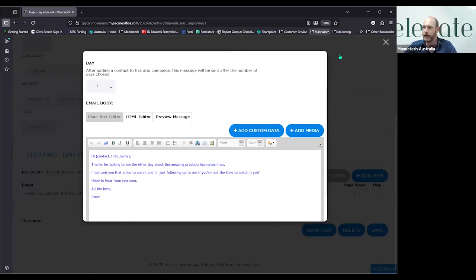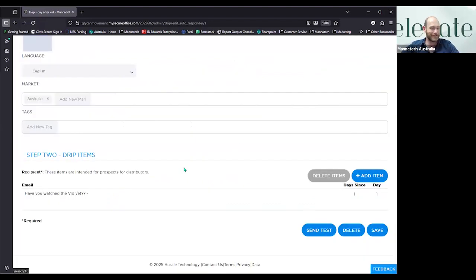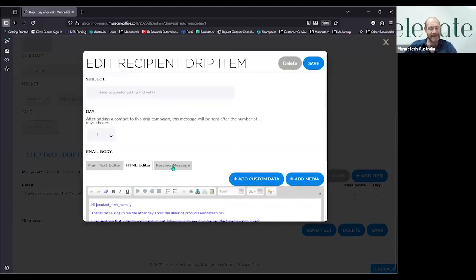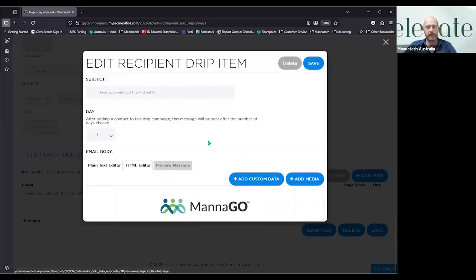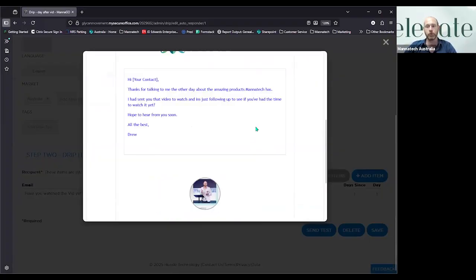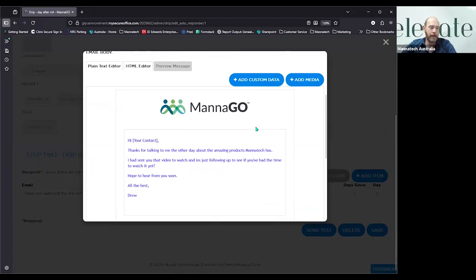That's how direct I would be. But that's just showing you how it looked. Oh, actually, I will show you this as well. There is a button or a tab here that says preview message. If you click on it, it will show you what it would look like for them